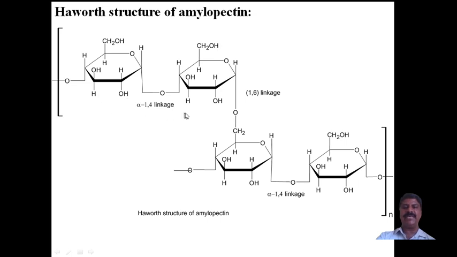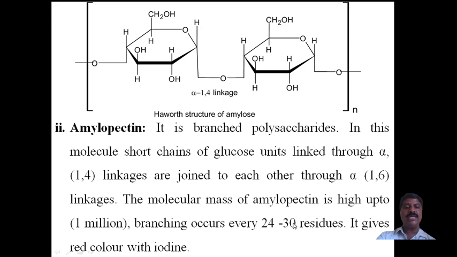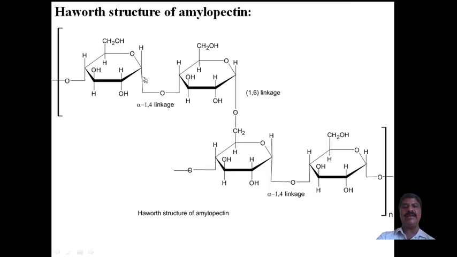This is the amylopectin. Here the alpha-D glucose units take part, and an alpha 1,4 linkage takes place. After 24 to 30 glucose residues are joined,